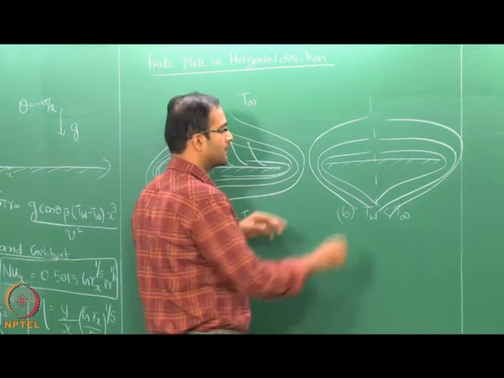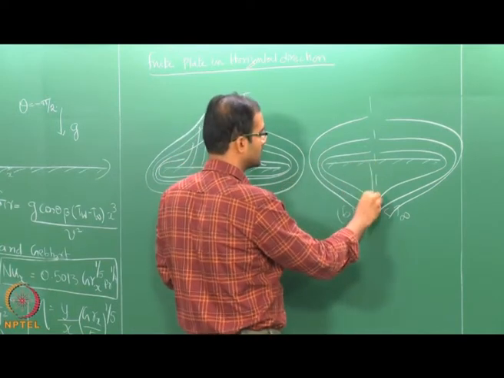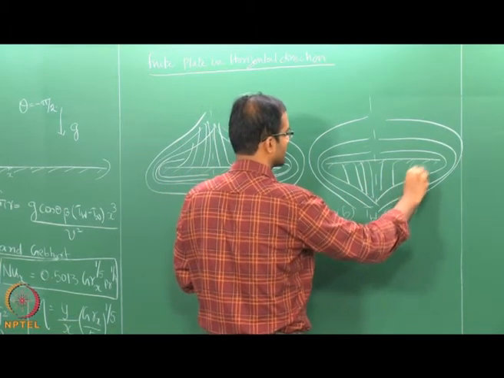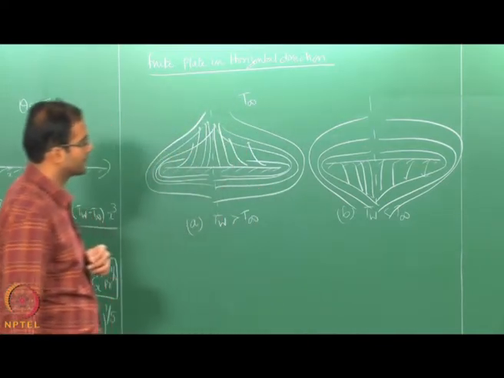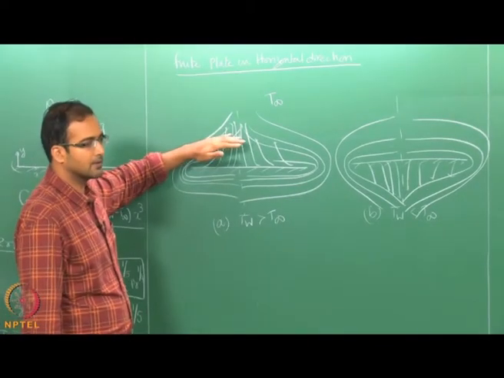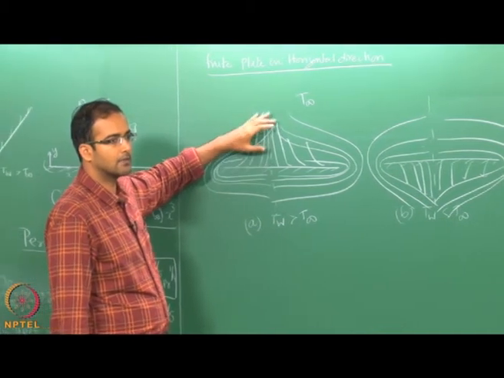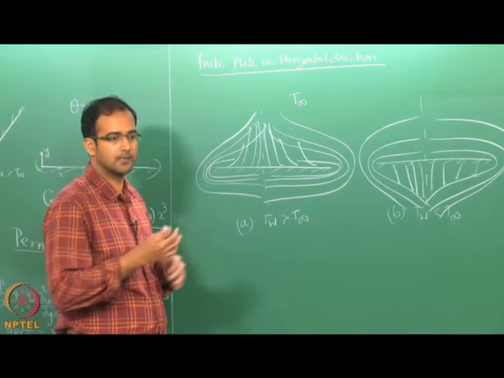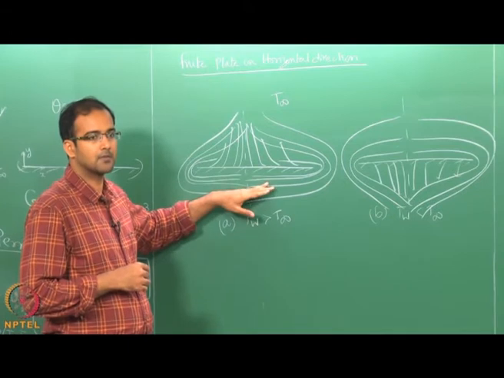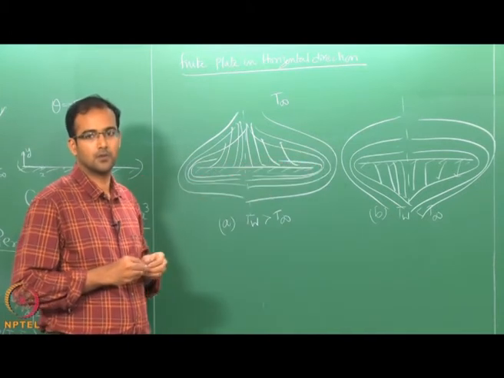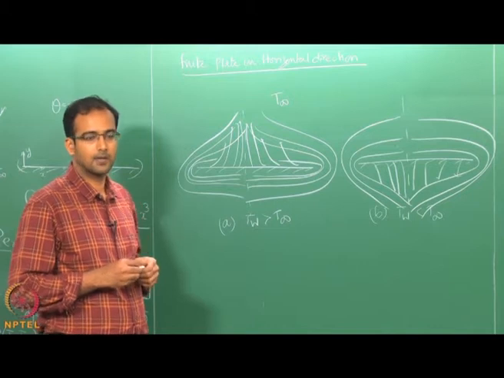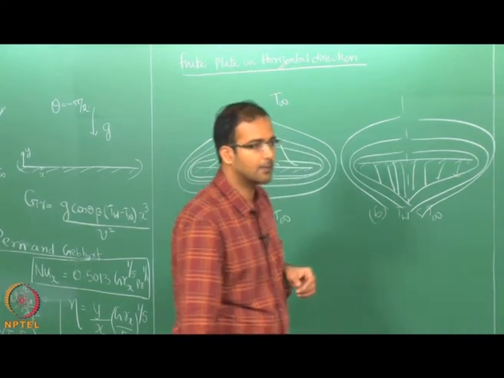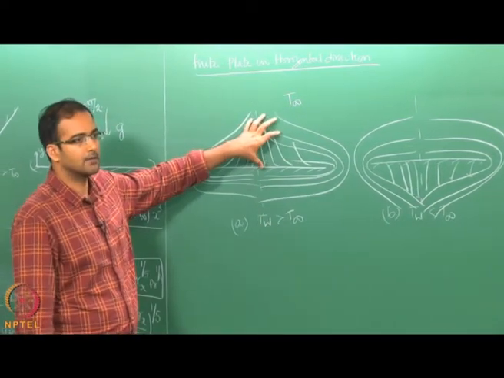And at the same time, the heavier fluid at the bottom surface here will also tend to move downwards. So, in one way the flow pattern at the top surface of the heated plate and the bottom surface of the cold plate are identical, and vice versa. And the flow patterns in the bottom surface of the heated plate and the top surface of the cold plate are also identical. Okay. So, therefore, the empirical correlations have been developed for one pattern which is this one, the